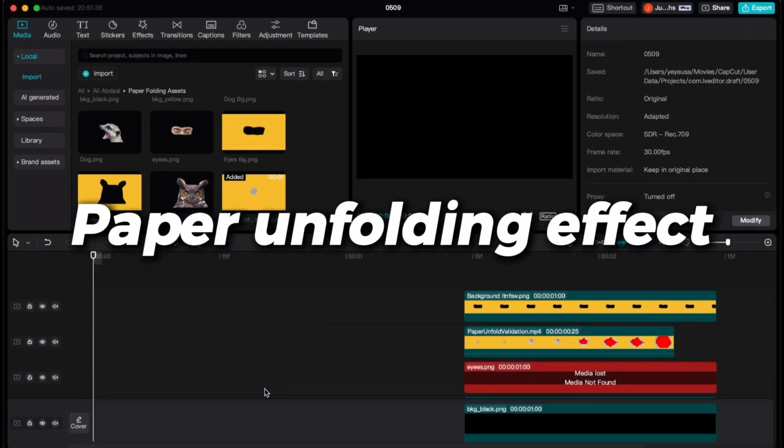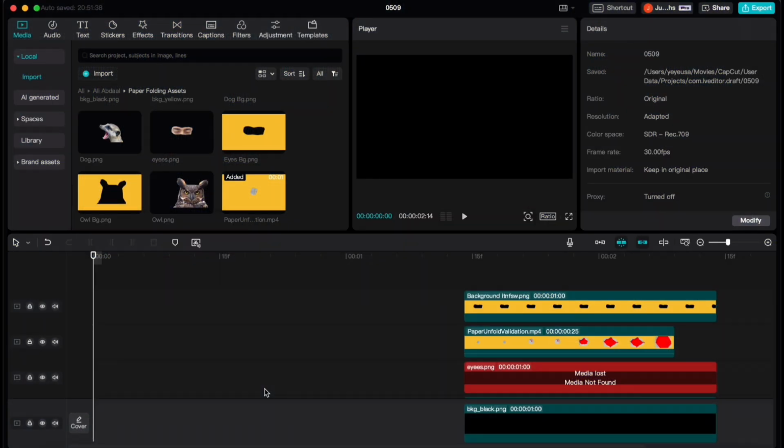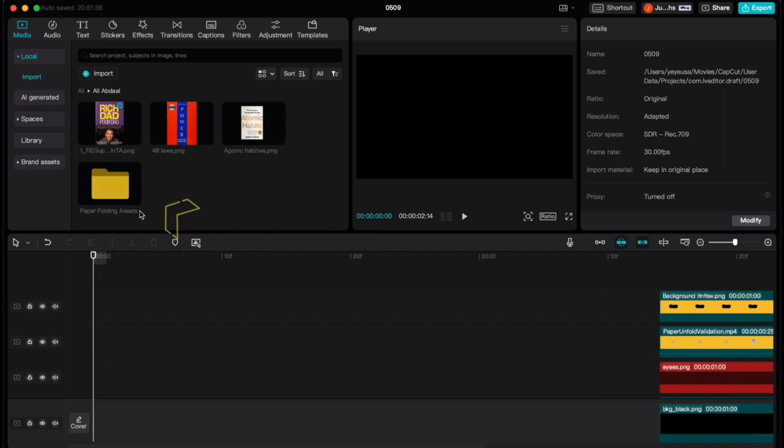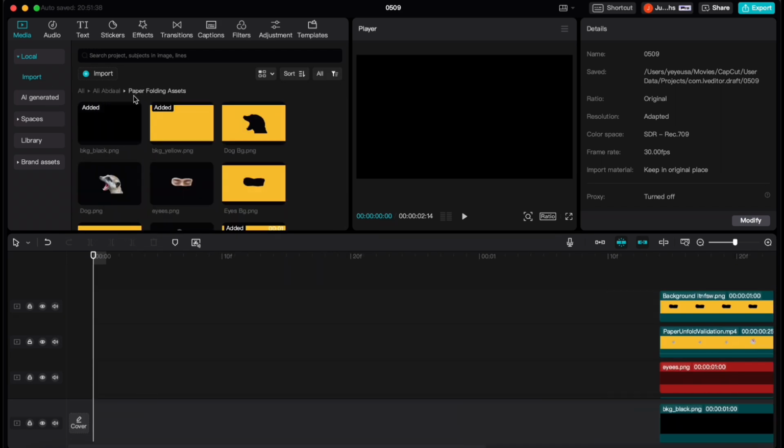Before we work on the actual animation itself, I'm gonna teach you guys how to do the Ali Abdaal paper folding effect in CapCut. Okay, the first thing you want to do is open up a new project, and this project is specifically only for the paper folding effect, and for the actual animation we're gonna do it in a separate project. Anyways, you want to drag the Ali Abdaal assets pack in here, go to paper folding